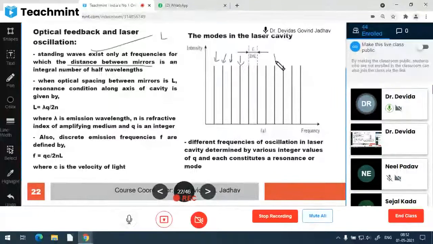Only those discrete frequencies are possible with the structure. So it depends on L. Only these frequencies are possible. In between these frequencies, it is not possible because of the dimension L of the structure. So the oscillation path dimension L decides the discrete frequencies that can be obtained from that structure. Again, there is an infinite number of discrete frequencies, and from those, only the ones the gain curve supports will be given as the output. Other frequencies of this discrete type are dying down.